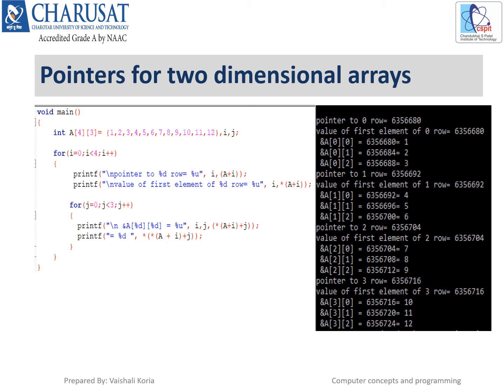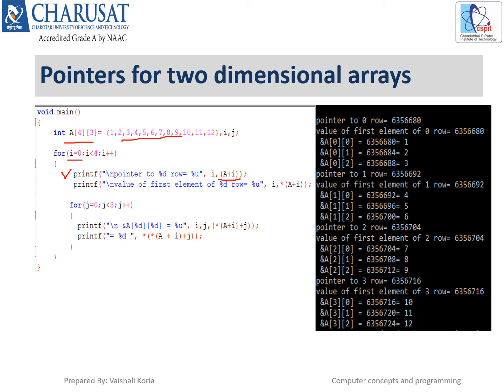Now we'll see how to access the individual elements of the array. Here, the same 12-size array has been taken, 4 rows, 3 columns, initial values are given. Now, we need to understand these printf statements. When we talk about i equal to 0, that means we are talking about the first row. And when we want to print the pointer to the first row or the ith row, we can write this particular syntax, a plus i. So a plus i will give you the pointer to the ith row.